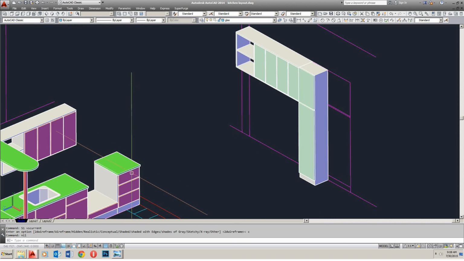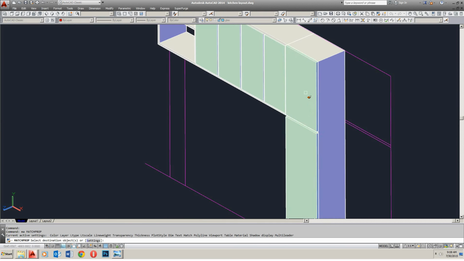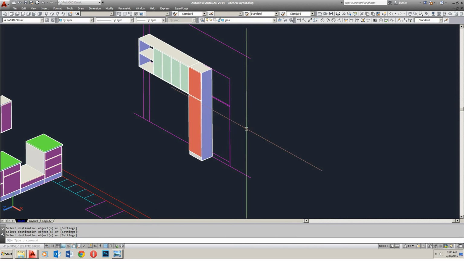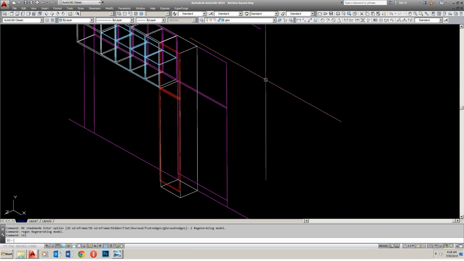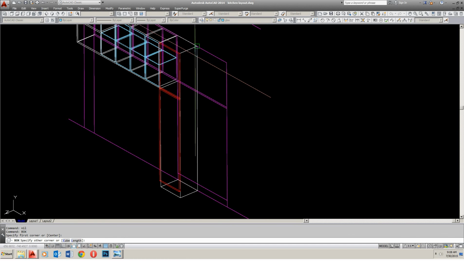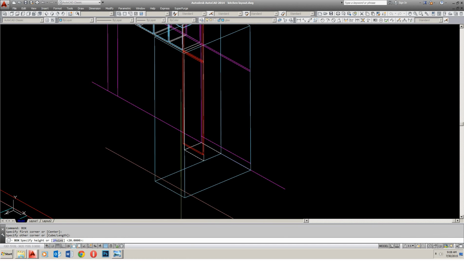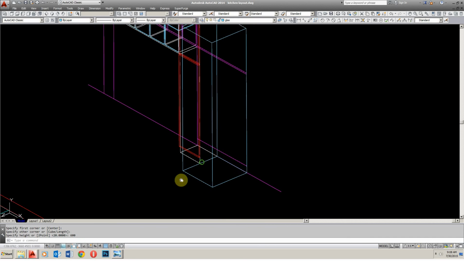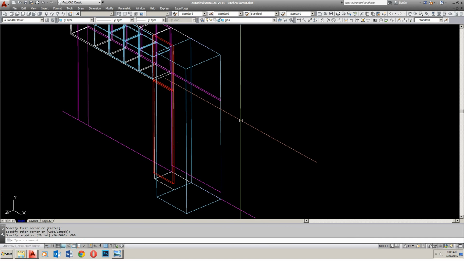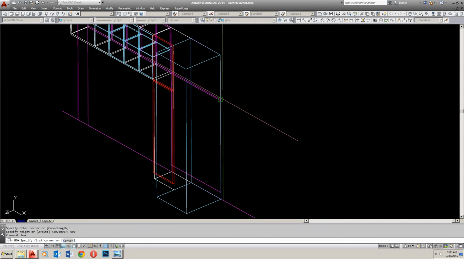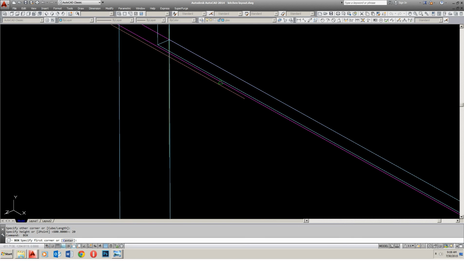The doors will be the same color as these doors, so let's just do that. And the refrigerator is 600. Let's do the same technique. 20 mm doors and